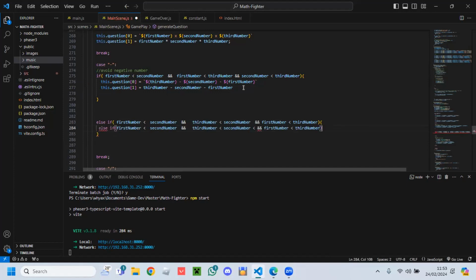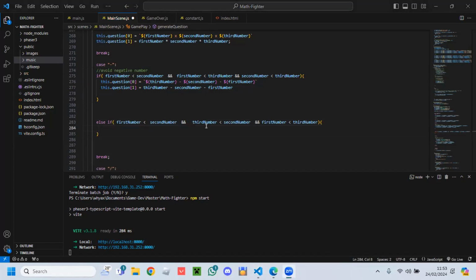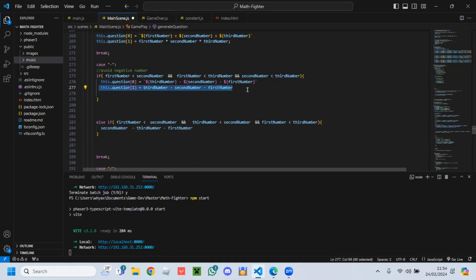Control Z. Wait. Yeah, just copy paste for question 1. If you use a string, you have to use a template literal.